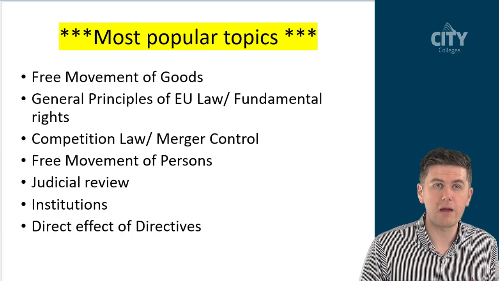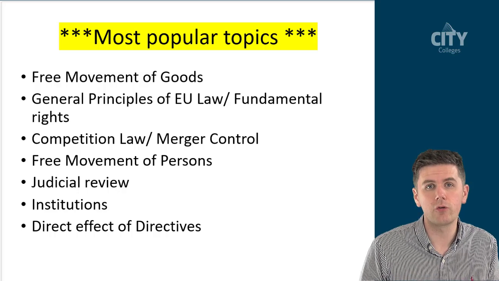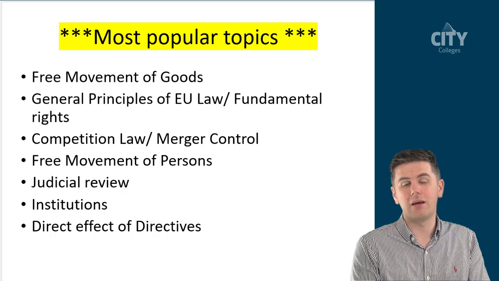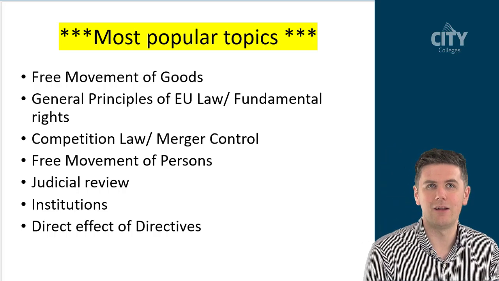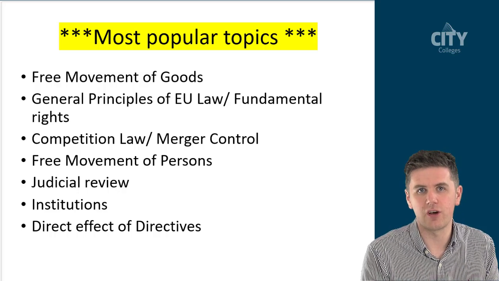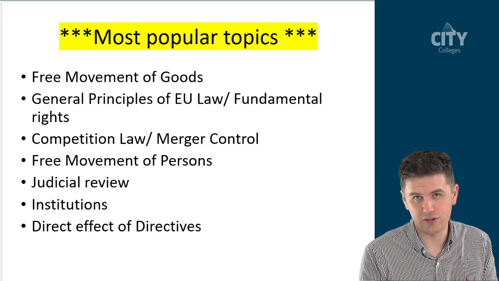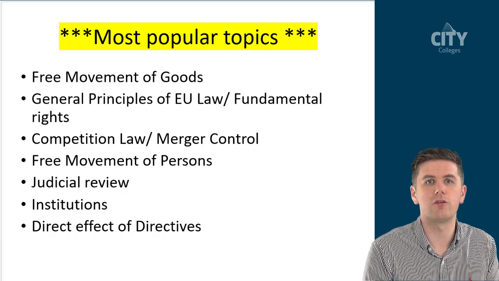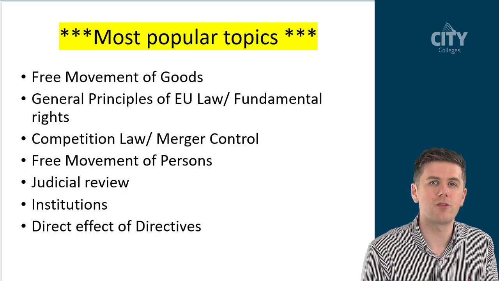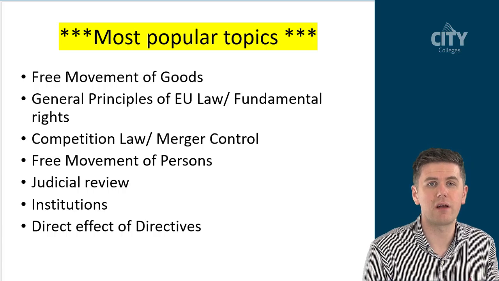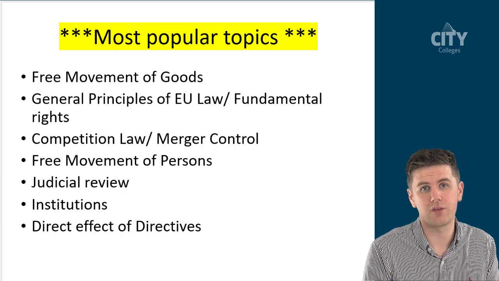Although in some of the papers, the examiner will usually put one question that wouldn't be predicted in earlier papers. And we saw a couple of papers ago, the examiner was leaving out certain topics that would have traditionally been very, very predictable. So direct effect of directives was left out of one paper. I think the free movement of persons was left out of another paper. But nevertheless, there are some still really strong topics that come up in all of the papers